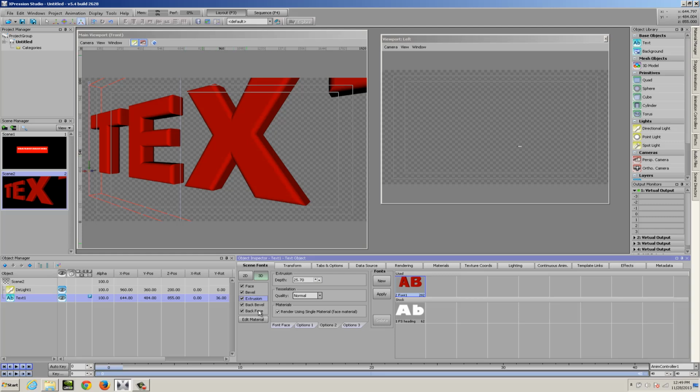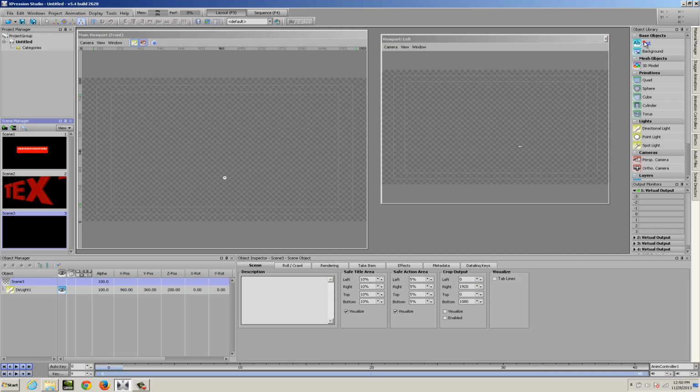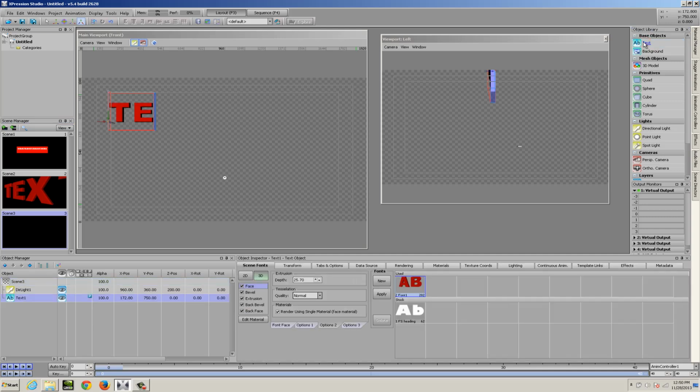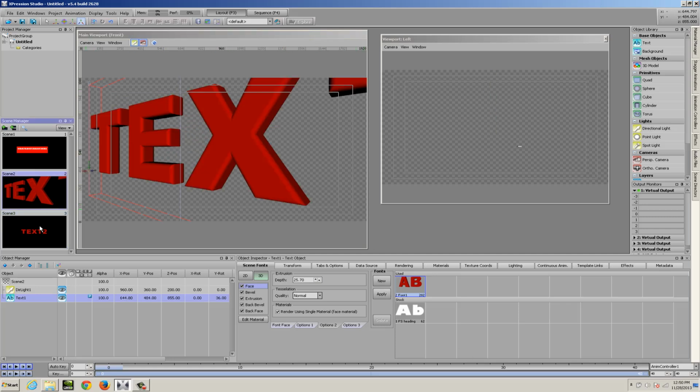Now, one thing to keep in mind, and this is a principle that applies to a lot of different things in Expression, is that we use a lot of global assets in your Expression project. So for instance, a material can be shared between multiple scenes, and updating that material will then update any object that's referencing that material in your project. The same goes for fonts. So if I create a new scene and I create a new text object and start typing, it's now using the same font, Font 1, that I was using in Scene 2.